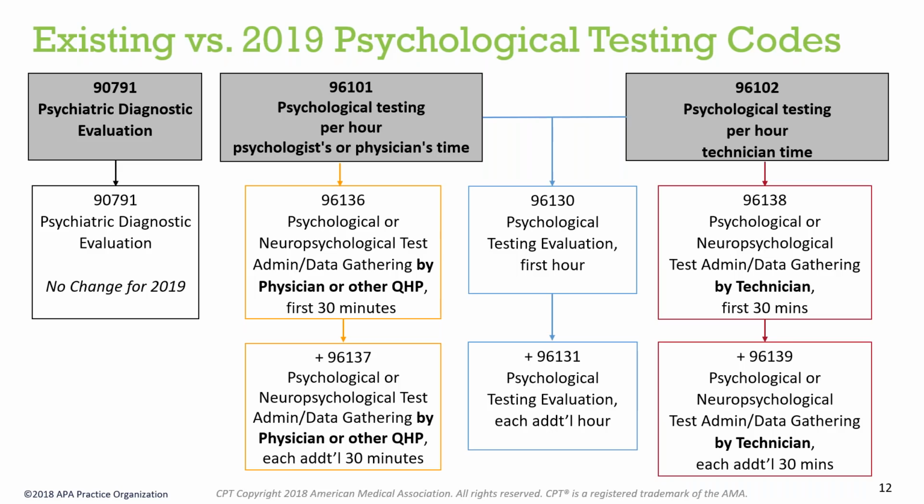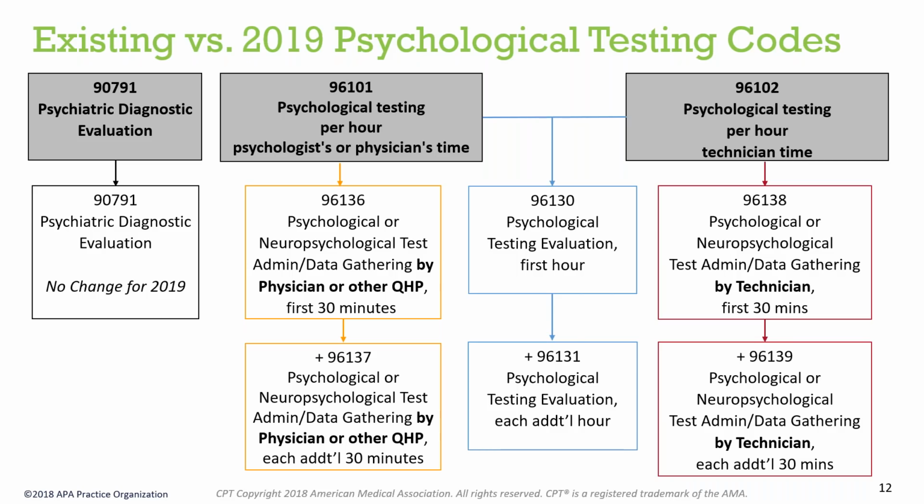In both cases, whether you're doing your own testing or you're having a technician do your test administration for you, look at the blue squares that fall in between 96101 and 96102. If you look down, those are your professional evaluation services. So the thing to note here is that there's now a very clear delineation between the professional evaluation services and